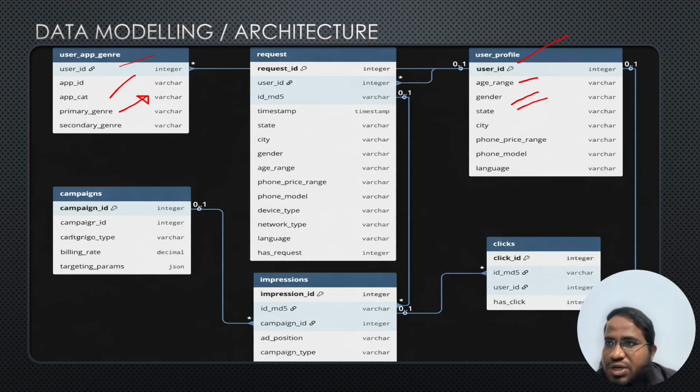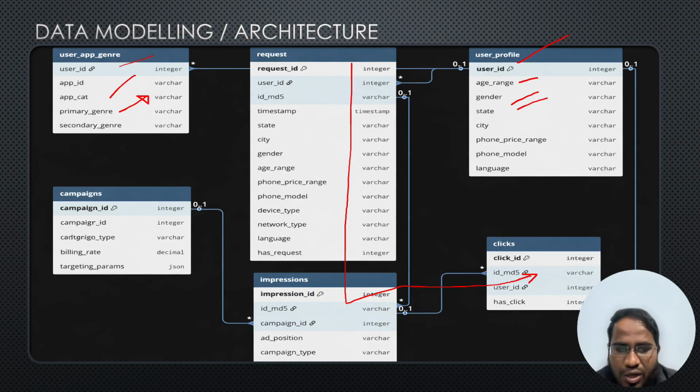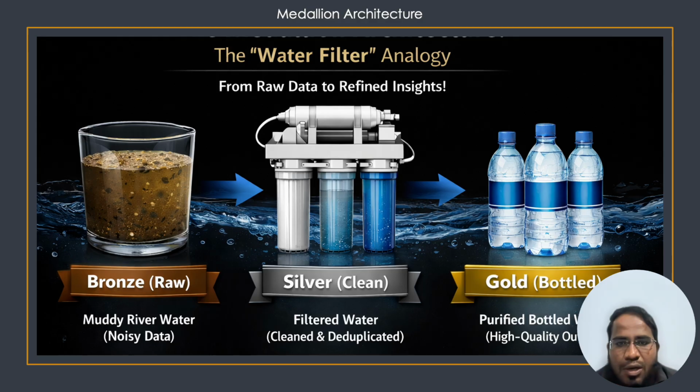But mostly in companies, 50% of users will have proper data, and the remaining 50% is calculated. As well as that, we have another table called campaigns, where we mention our campaign details. What is the campaign type, like I have already explained, CPC or CPM, whatever it is, and the billing rate, for example. And this is my funnel based architecture, where the request is converted into an impression and then converted into clicks. This is how our data modeling looks. Okay, we'll move to the next one.